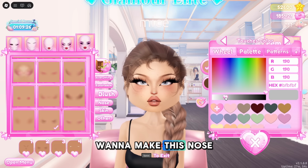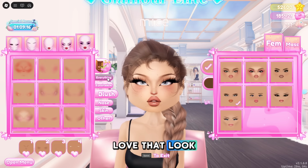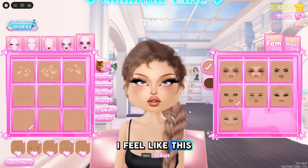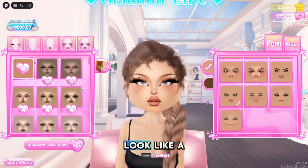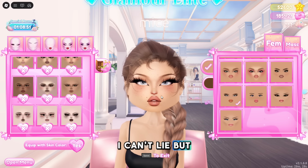I think I do want to make this nose a bit darker though, because I feel like it kind of blended in with the skin tone a little bit, and I don't really love that look. I think I'm also just going to add some moles onto this one as well, and then I think she's done. I feel like this looks so freaking cute. I really like this recreation, and it definitely doesn't look like a lot of my custom makeup faces because, like I said, I do kind of have same face syndrome, I can't lie, but I really like the way this